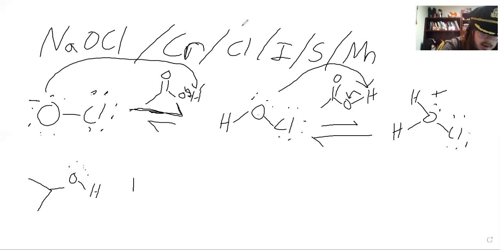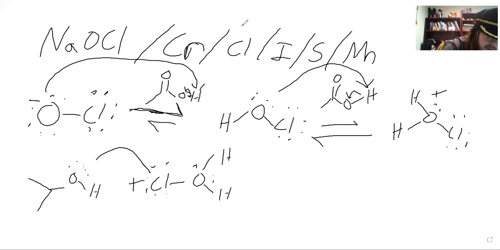It's going to react with our structure here. So we have the alcohol attacking the chlorine, leaving as water. And now we have a strange little compound here, with chlorine